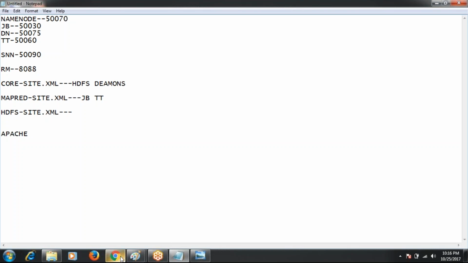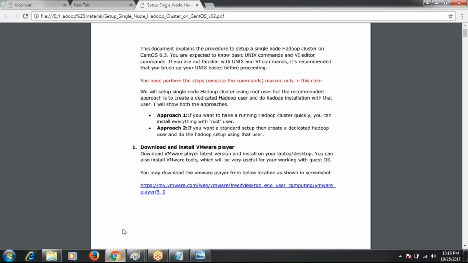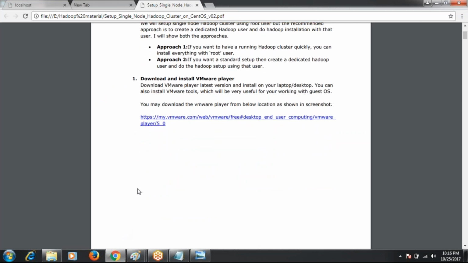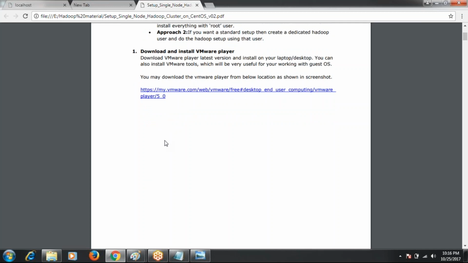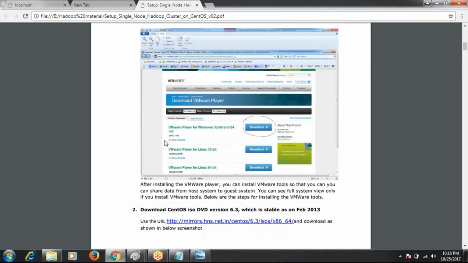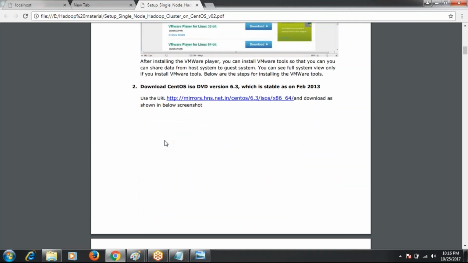But here I'm using Windows. That is the reason we first have to install the virtual machine. This is the link for downloading it. The second step is to download CentOS. CentOS is a Linux flavor. In Linux we have a number of flavors: Ubuntu, CentOS, Red Hat, Fedora.